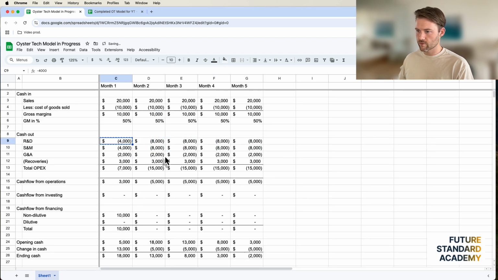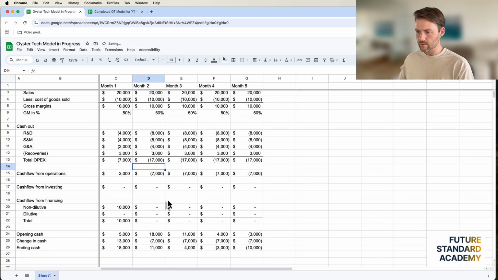And then we're going to bring the 4,000 here. So here's what happens. First month, fine, 18,000 in cash. Next month, 18,000 minus 7 is the net impact. These are all 7s now. 11 minus 7 is 4. 4 minus 7 would be 3,000. So this model that we created is going to run out of cash in 4 months from today, right?